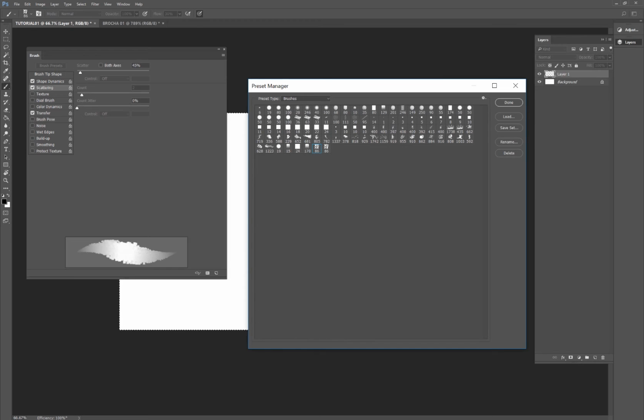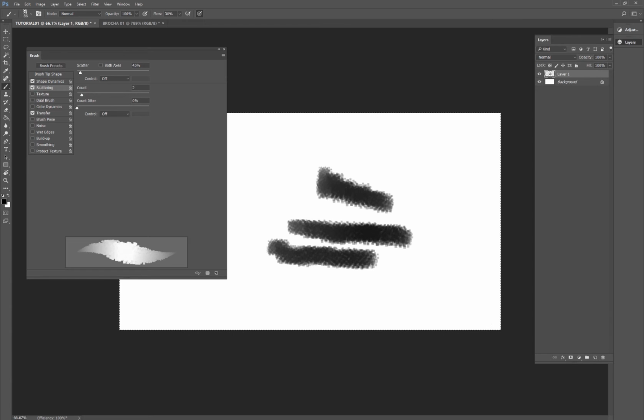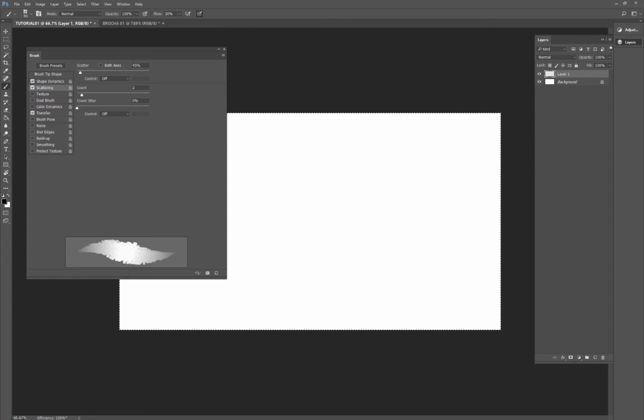Let's get rid of the first brush. So we'll delete the brush we don't need. Here we have our new brush, and what we're going to do now is create a second brush. And as you've seen, it's not very complicated, it's quite easy to do.